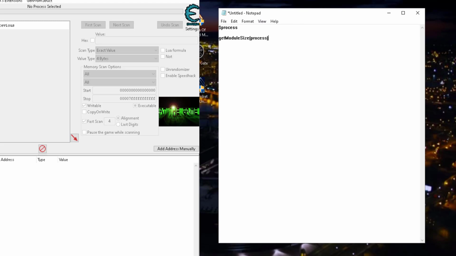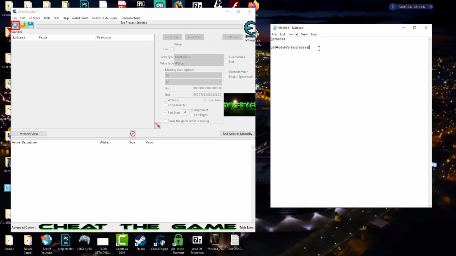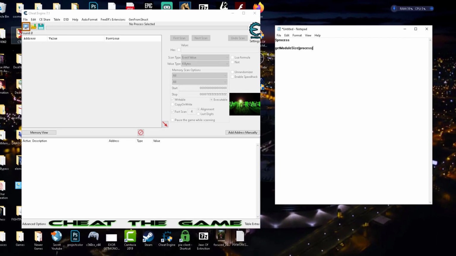But basically the process is whatever Cheat Engine is attached to. Now Cheat Engine understands these commands automatically. That's the way Dark Byte programmed it, so we can use that and not actually have to be in Lua to do it. And so I'm just going to show you a quick thing right here on making a